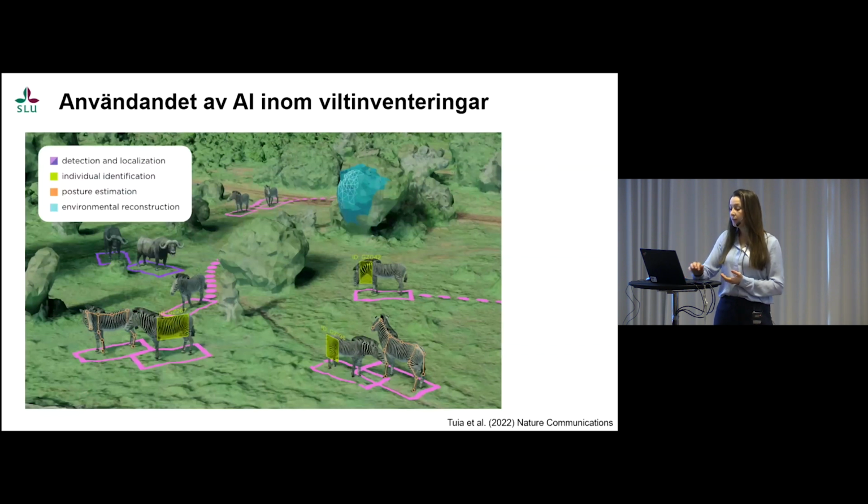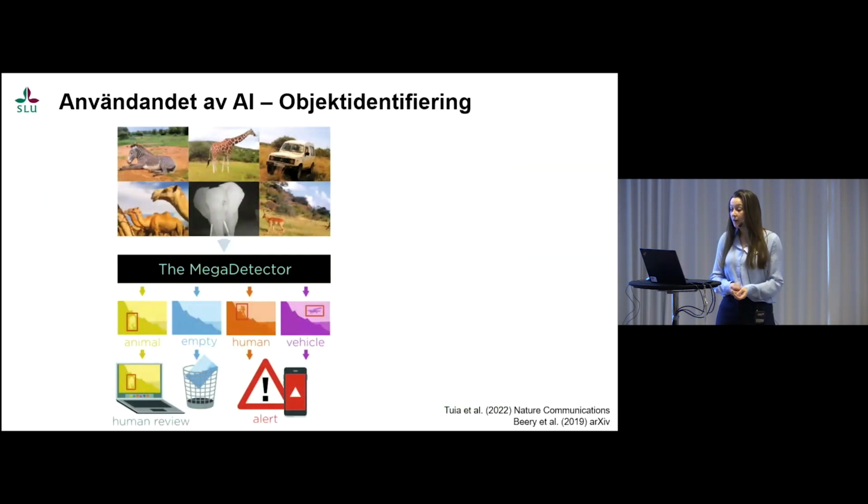So I will now zoom into some more specific examples and also try to show some examples that are a bit more related to our ecosystem here in Sweden. So first of all, I want to introduce you to Megadetector. It's a model that can efficiently filter empty images and localize animals, humans, and vehicles on the images. And